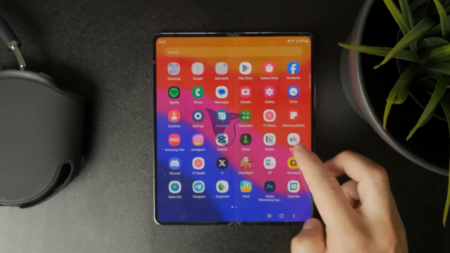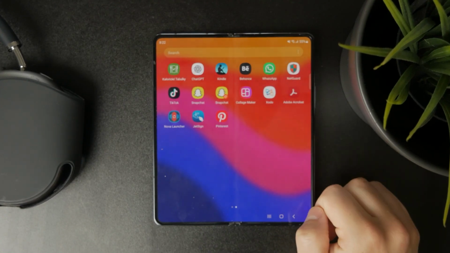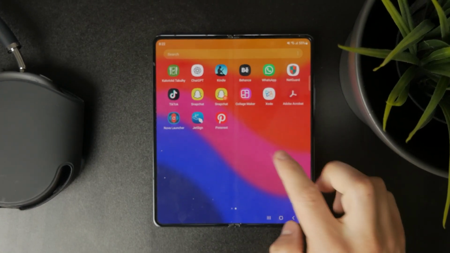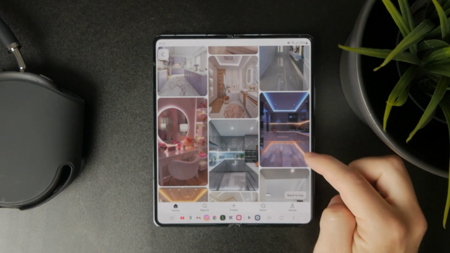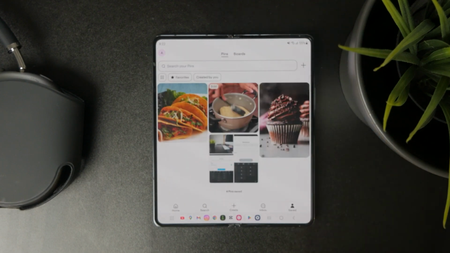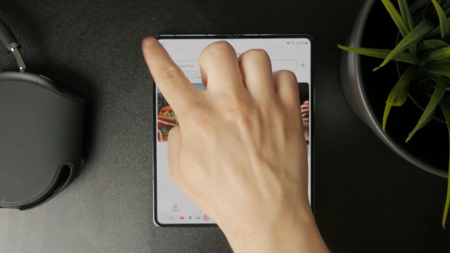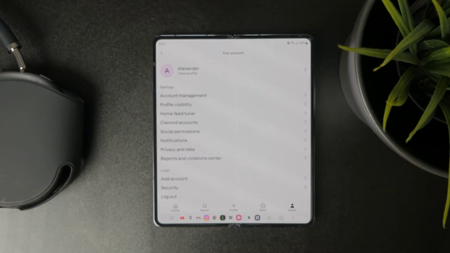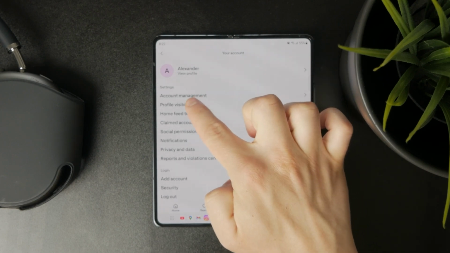So this is how you can make your Pinterest account public on Android. So you want to open up your Pinterest app on your device, tap on your profile picture at the bottom right to go to the saved section, and then tap on your profile again. This will allow you to move over into the settings, and there is literally the second thing there called profile